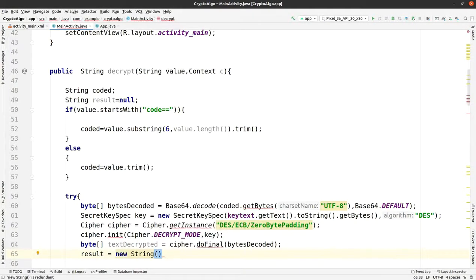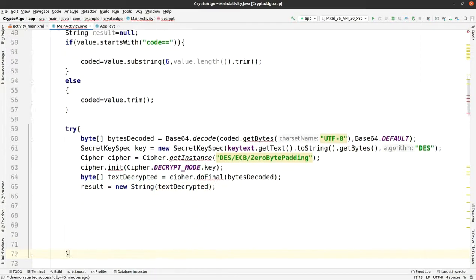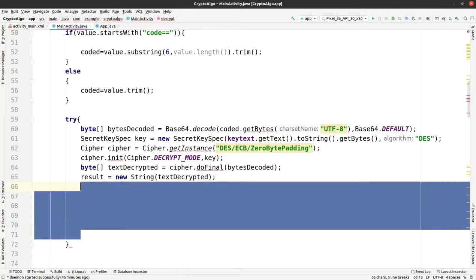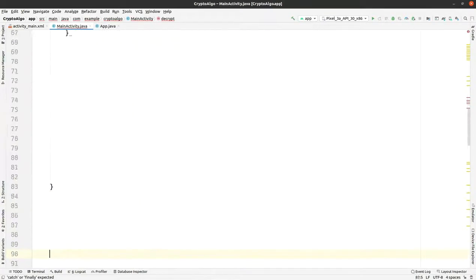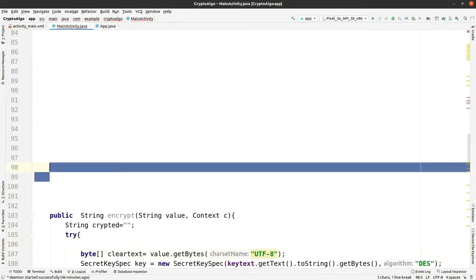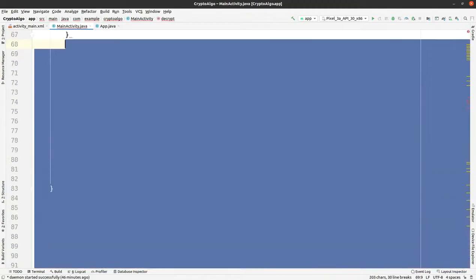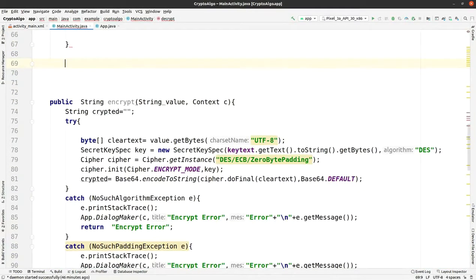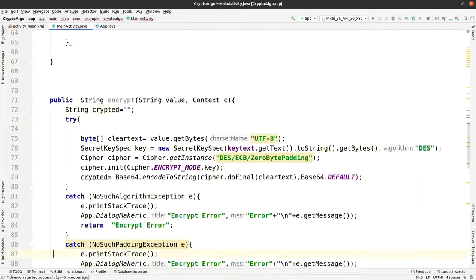We are just converting the byte array into a string, just passing it to a string object.